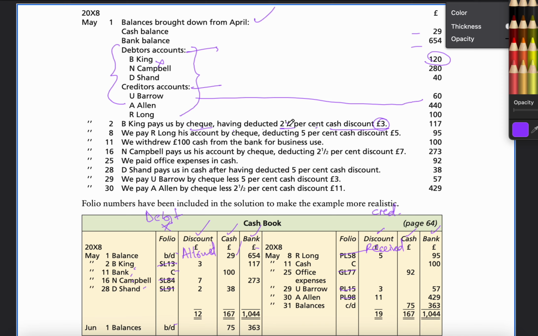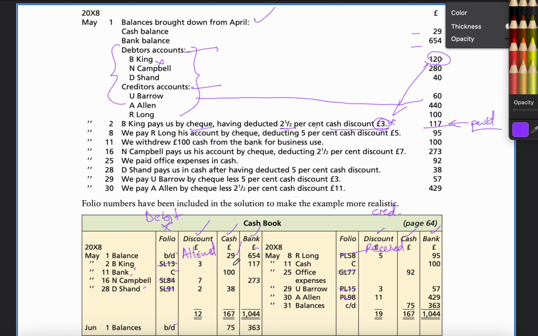Even if they had not calculated for us, we would calculate by ourselves: 2.5% of 120 gives $3. So instead of paying us 120, he gave us the amount less the discount that we allowed him, which means that he paid only